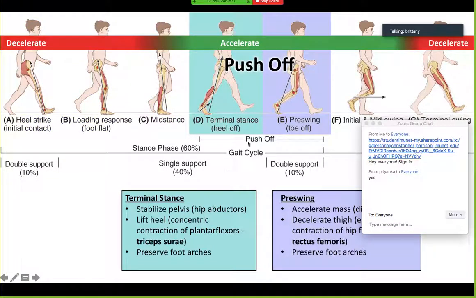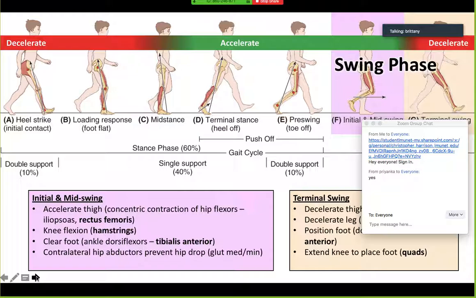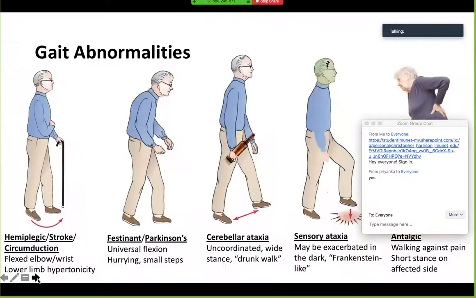So long story short, learn each stance, learn A, B, C, learn the names of them, and then learn which muscle group is working during that phase. Allie did an amazing job with these slides, so hopefully if you go through this, it should help you learn it really well. And this is more than enough to get his questions right, what she has here. Okay, so